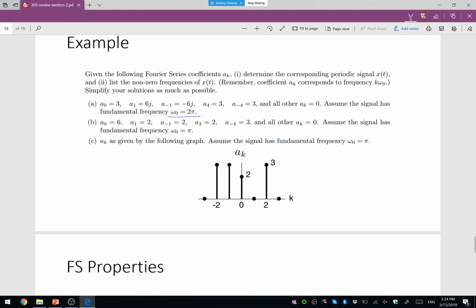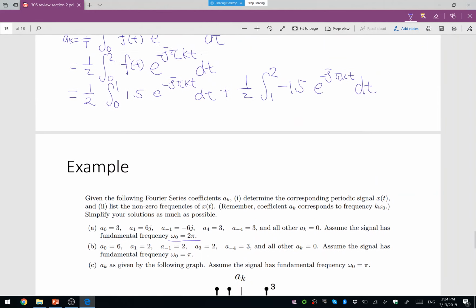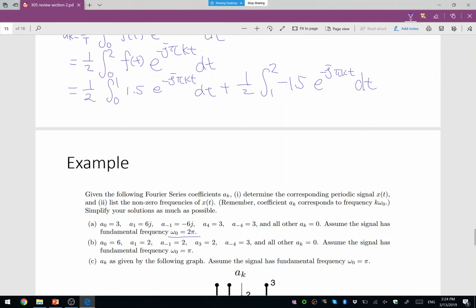Well, I need to copy it here. Is 0 equal to 3? Well, let me just do it here, okay? It may be a little bit crowded. So, well, the equation we want to use is